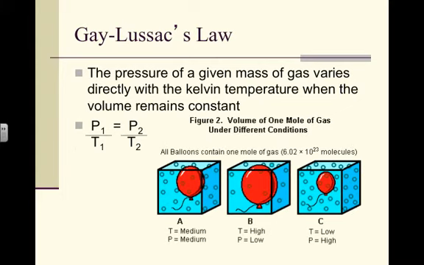We also have Gay-Lussac's law. Gay-Lussac's law basically says that we have a directly proportional relationship between pressure and temperature if volume and the amount of gas is constant. So basically what that means is as temperature increases, the pressure will increase as well, and oppositely as well. As the temperature drops, pressure drops. And you see this in the figure to the right with the balloon. As the temperature got higher, the balloon expands because the pressure inside the balloon got higher as well. And then when temperature dropped,